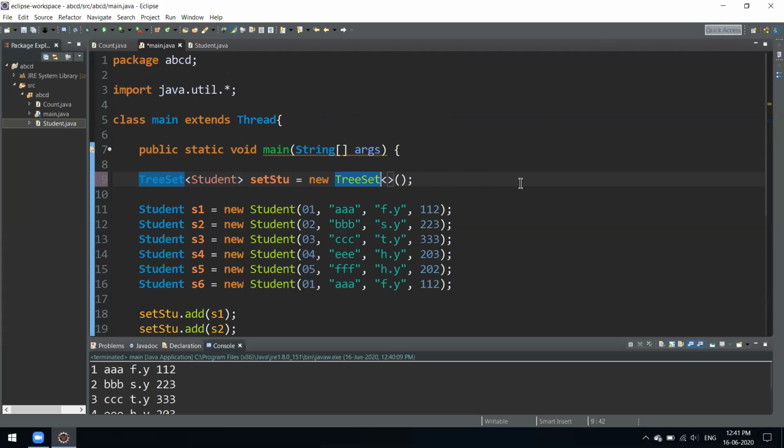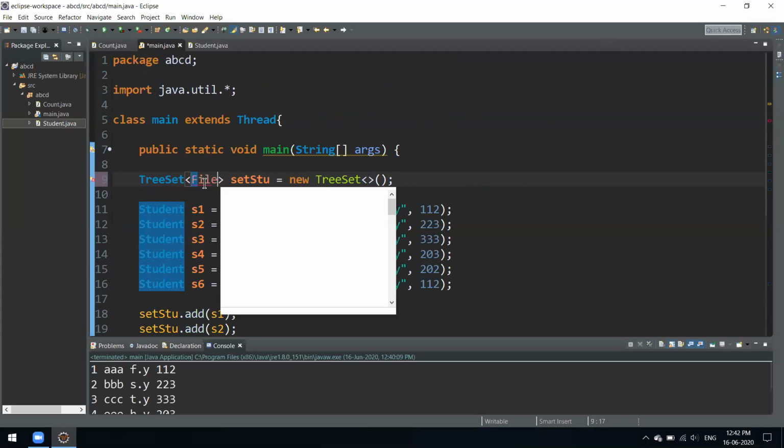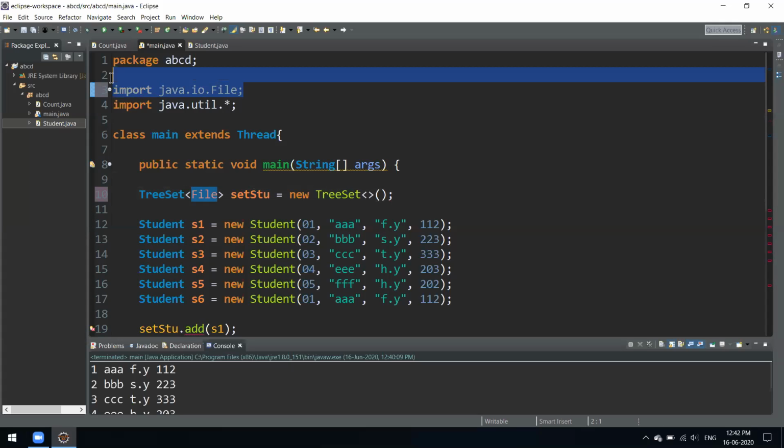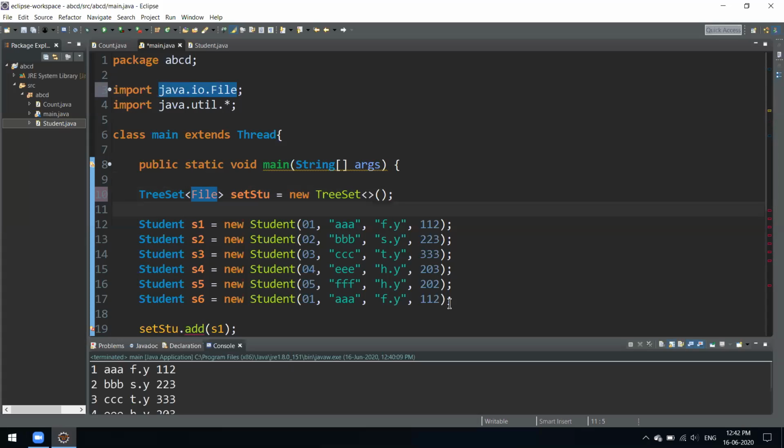How do we set this list in file format? I didn't get this question. You want to pass files in it, okay? That's what you're saying. So you can just specify the input type, like the type here is file, and you can import the java.io.File package, and then you can pass files if you have any inside that set. If you have text files or whatever you have, the input you are giving doesn't matter. Even if you are giving a simple integer or a simple string, that doesn't matter, because we focus on the concepts for now. What are the little differences between all the collections?